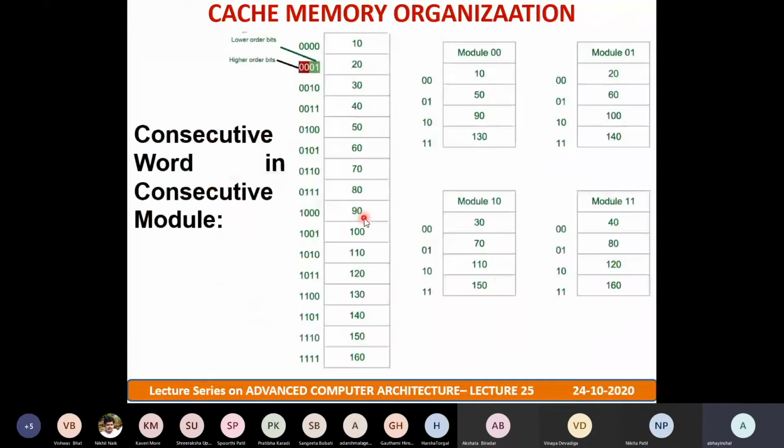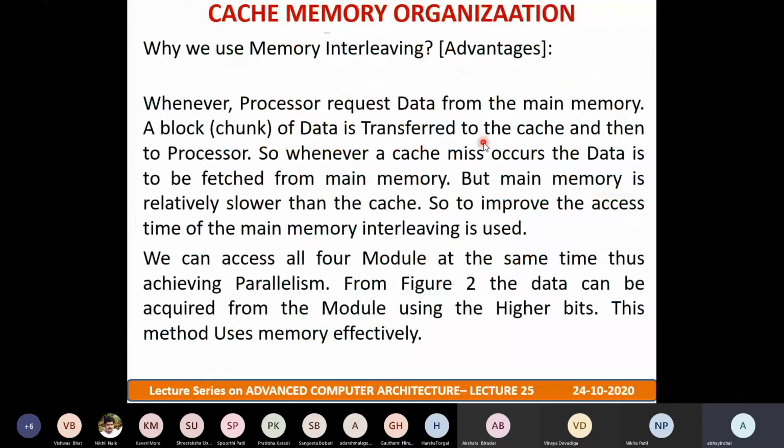Whereas in the next case, consecutive words, it is the reverse of this: lower order bits are used for memory module addresses and higher order bits are for the location addresses. So we use interleaving. The advantage is whenever a processor requests data from the main memory, a block of data is transferred to the cache and then to the processor. So whenever a cache miss occurs, the data is to be fetched from the main memory, but main memory is relatively